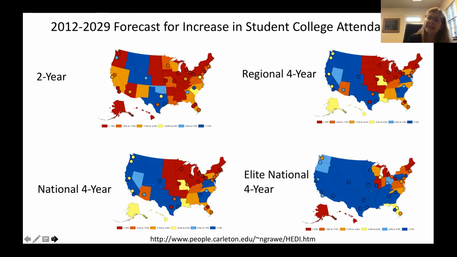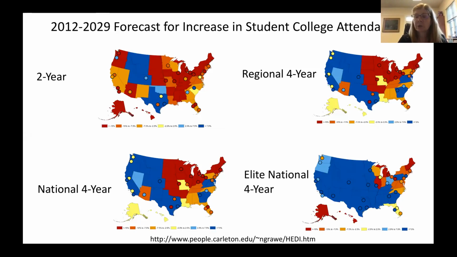So red is a decrease that's going to be, like, a 15% or more decrease in the student population. And on the blue end of the spectrum, greater than a 7.5% increase. So red means there just aren't going to be students going to college. And you can see the patterns differ in terms of who's going to a 2-year or regional, national, or elite